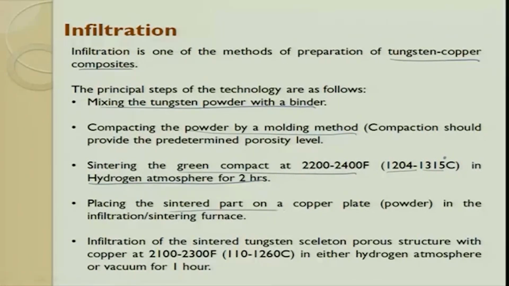Place the sintered part on the carbon plate in the infiltration or sintering furnace. Then infiltrate the sintered porous tungsten structure with copper at this temperature, in either hydrogen or vacuum, for